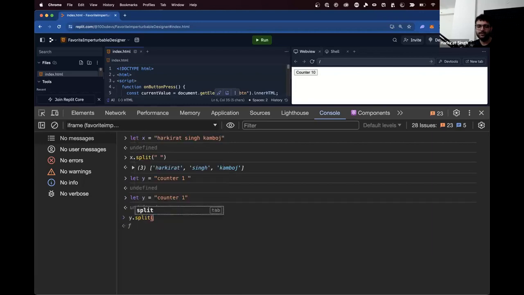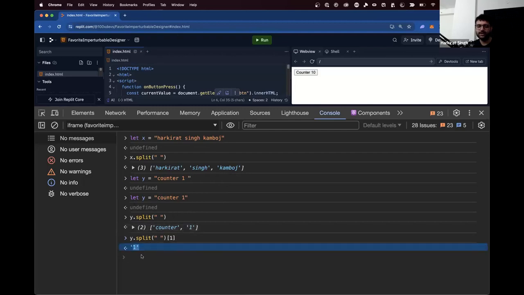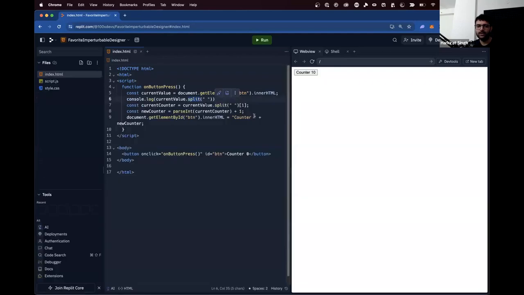y.split space will give me the array. And y.split space of 1 is the second element here; this is the 0th element and this is the second element. This way I can get 1. And then, once I get this in the current counter variable, I do a parse int of